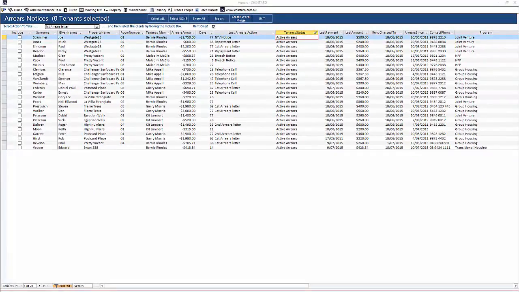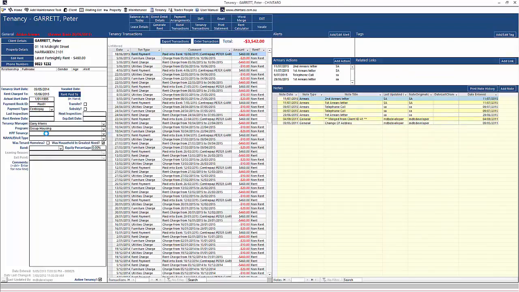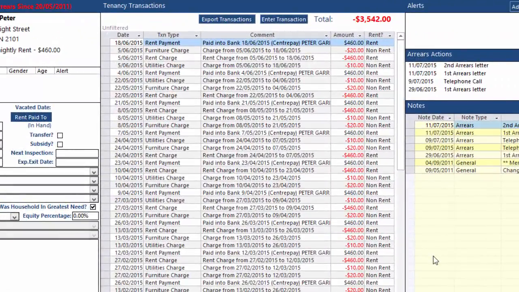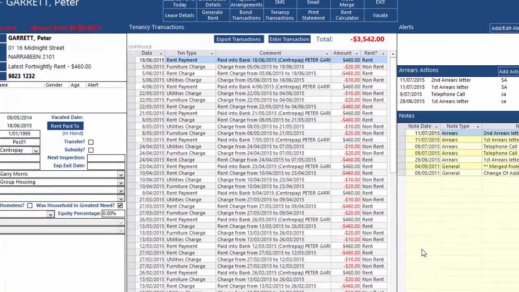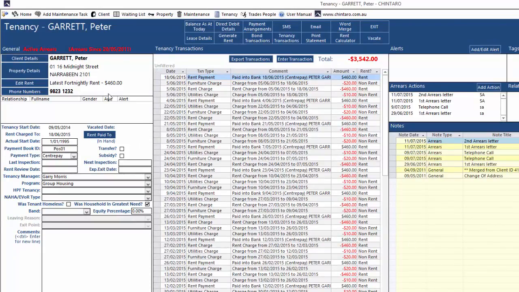So let's say that we've got to the point where we need to send a breach notice to one of our tenants. Let's have a look at Peter Garrett's tenancy record. So we can see that Peter has not paid us for the furniture charge or utilities charge throughout the course of his tenancy. We've called him with no response, sent 2 arrears letters, and now we want to send him a breach notice. So back to the arrears management screen,